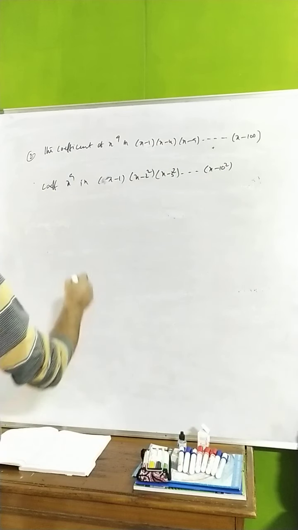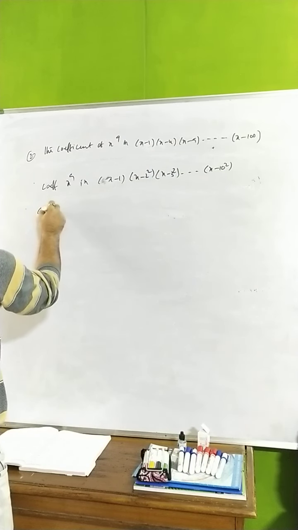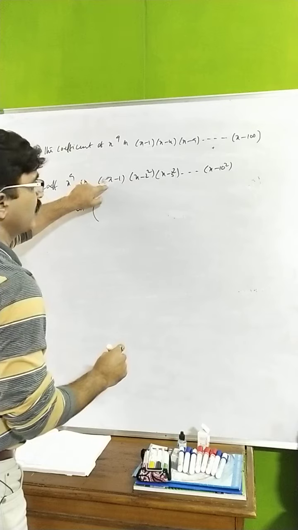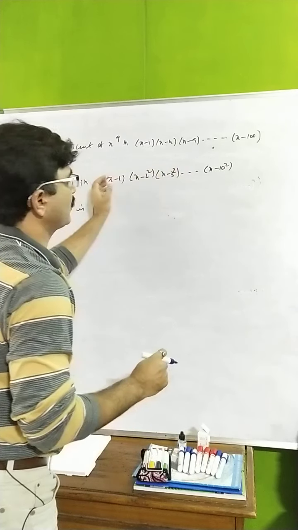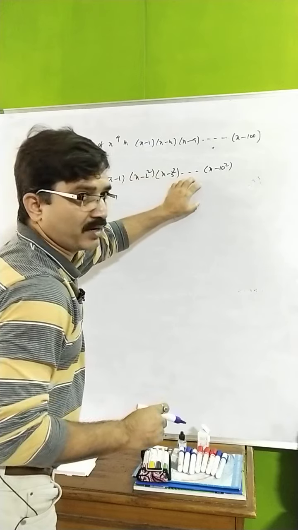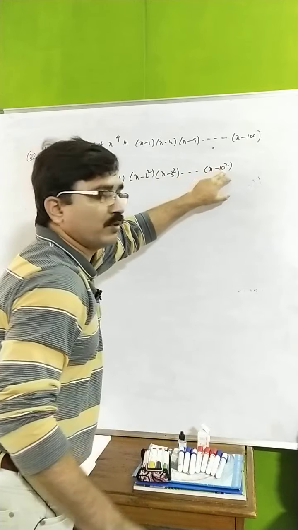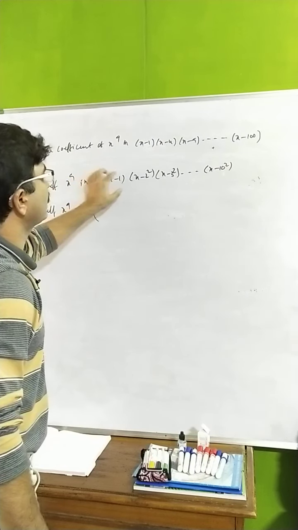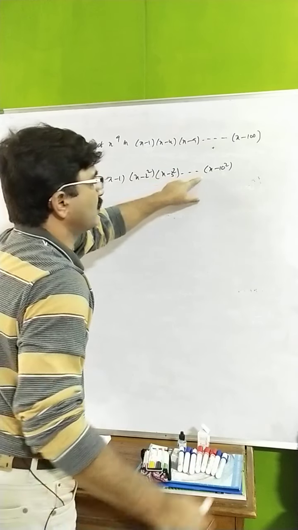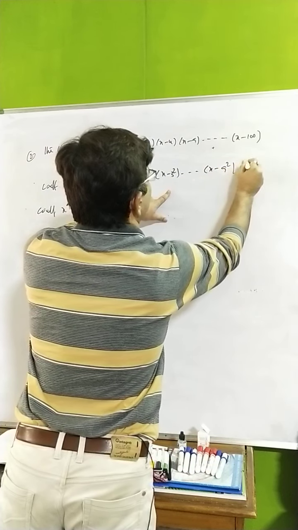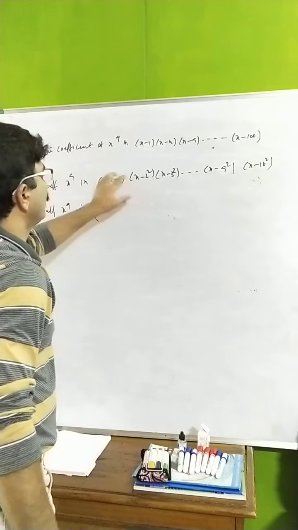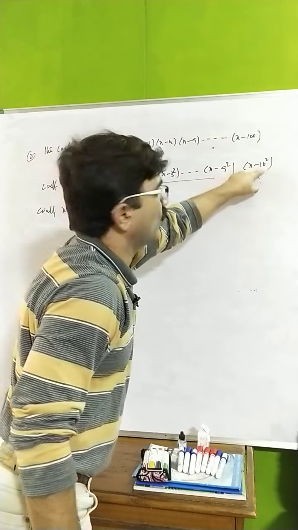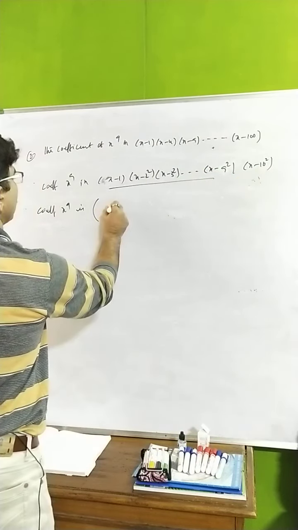Now do one thing. See here the coefficient of x to the power of 9, how I am multiplying. Take x from each bracket: multiply all the first terms of each bracket, and you will get x to the power of 9. Then multiply that by the last bracket's constant. I'll repeat: you take x, x, x, like that up to the 9th bracket (x minus 9) squared, and the next one is (x minus 10) squared. Till here you take the first terms, giving x to the power of 9. That is multiplied by the constant, and you will get minus 10 squared.